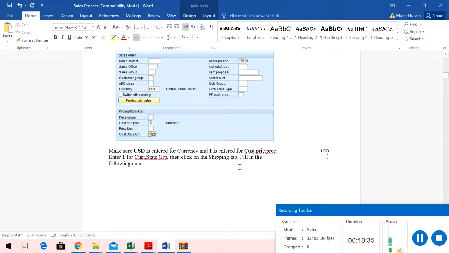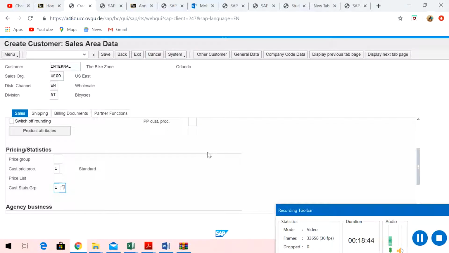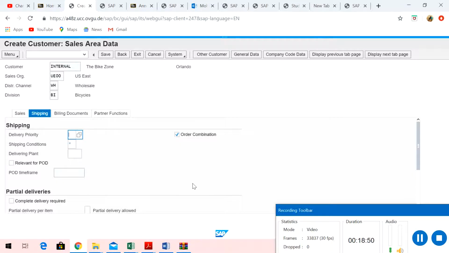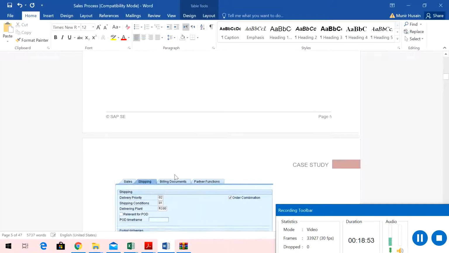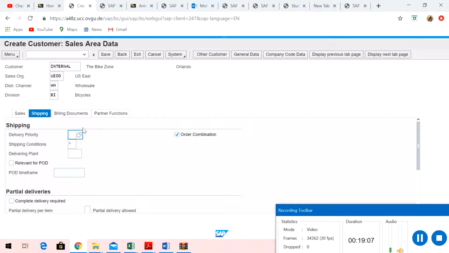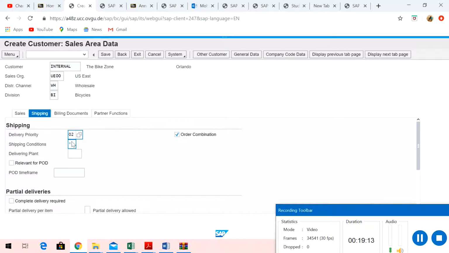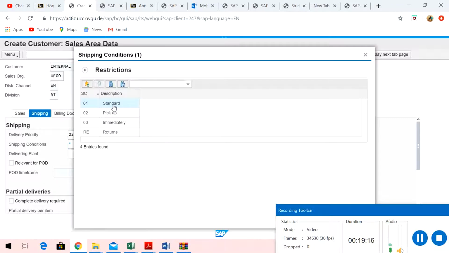Then we need to click on the shipping tab. After this one you have to click on this one, the shipping tab. So I'll go here and see, yes, this one is the shipping tab. In the shipping tab you need to fill in the following information: delivery priority 2, shipping conditions 1, normal item, shipping conditions is standard shipping,